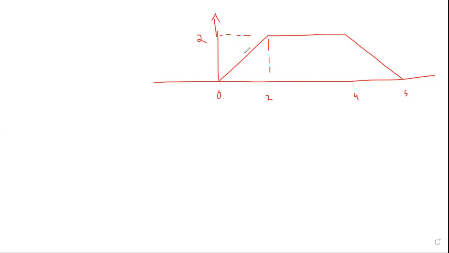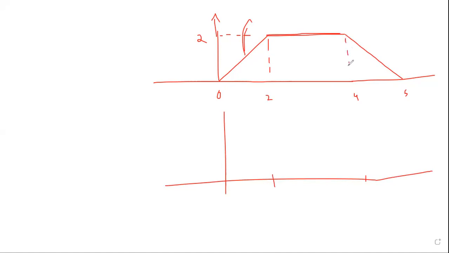Now for this particular segment, can you tell me what is the differentiation of this segment here? From 2 to 4, you tell me. Is the amplitude changing? No, sir. It's not changing, it's a constant, right? So when things don't change, that means the differentiation is 0. That's why they said in mathematics in first year PUC, differentiation of a constant is 0. The thing is not changing at all.